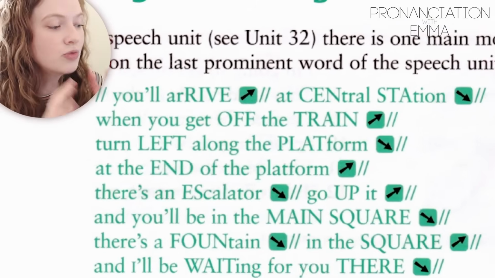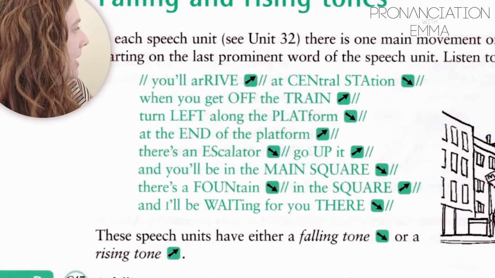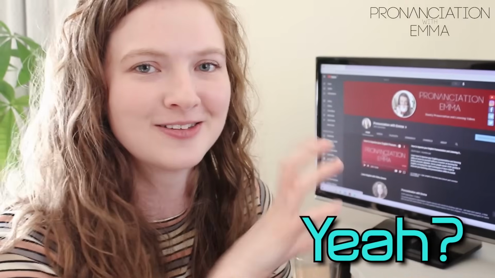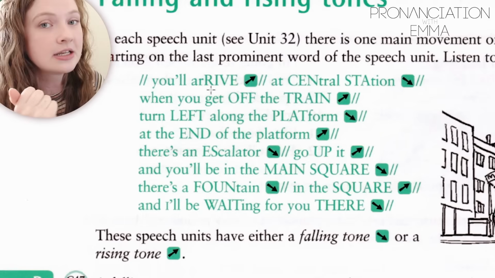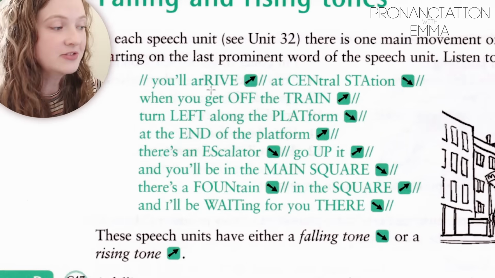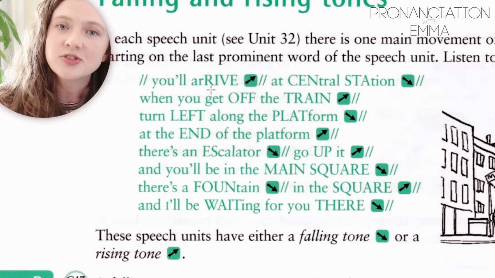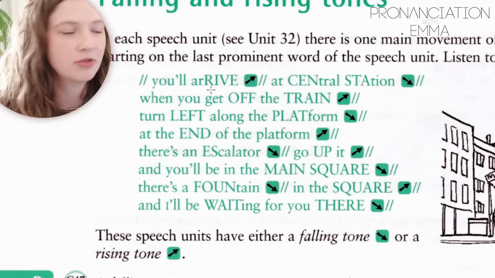So I'm going to read through this. Actually, you know what? Let me just zoom in slightly. Oh, you know what? My editor could do it. Editor, sneaky, can you zoom in, please? What I'm going to do is read through it, and then you can listen. And then what I'd like you to do is just listen and repeat. After that, I'd also like you to think, why do you think the intonation is changing? What's the rule? Can you notice something? Okay, so let's read through it first.